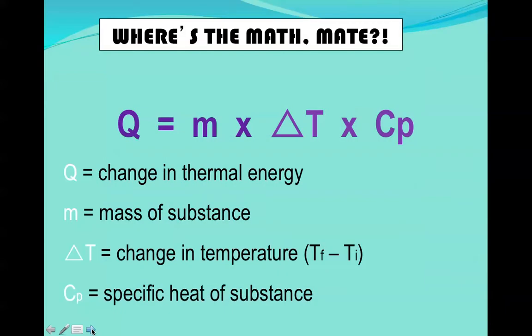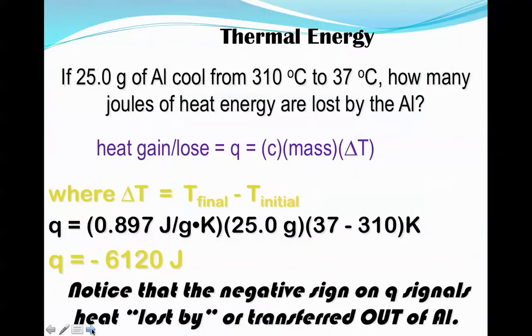Okay? All right. The Q, the m, the delta T, the C. I don't care which way it is, mCΔT or ΔTmC, doesn't matter. Okay? Q is the change in thermal energy. Remember, thermal energy changes because there is a change in temperature. m is the mass of the substance, ΔT is the change in temperature, and C, which we'll call C or CP, don't stress out, is the specific heat of the substance. Okay? All right, if 25 grams of aluminum cools from 310 degrees Celsius to 37 degrees Celsius,